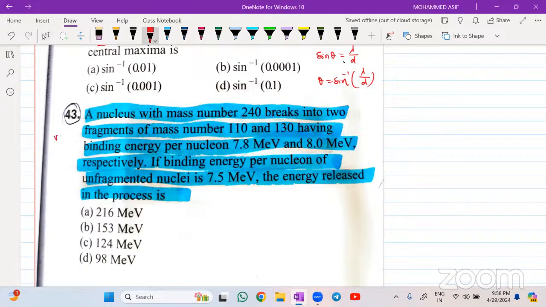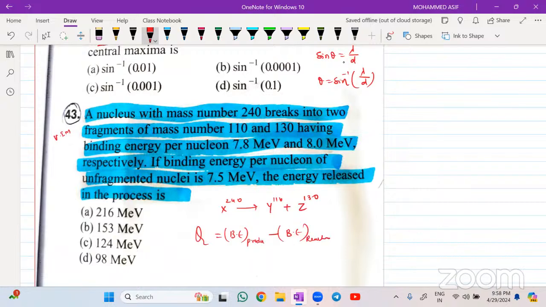Good question. Very important model. A nucleus with mass number 240 breaks into two fragments of masses 110 and 130 having the binding energy per nucleon 7.8 and 8.0. The binding energy per nucleon of the unfragmented nucleus is 7.5 MeV. The energy released in the process will be equal to how much? I'll write the equation. X 240 is disintegrating into Y 110 plus Z 130. And energy will be equal to how much? Binding energy of your products